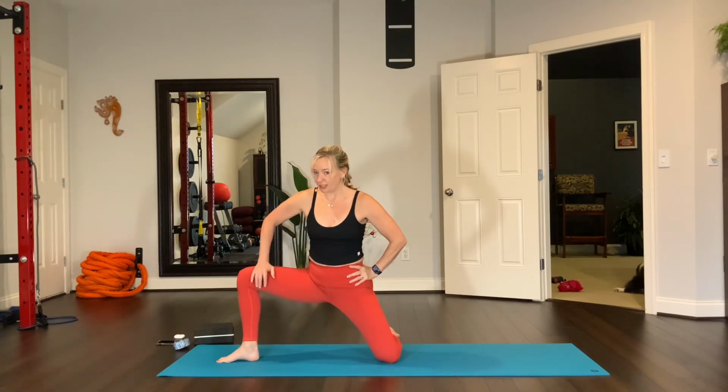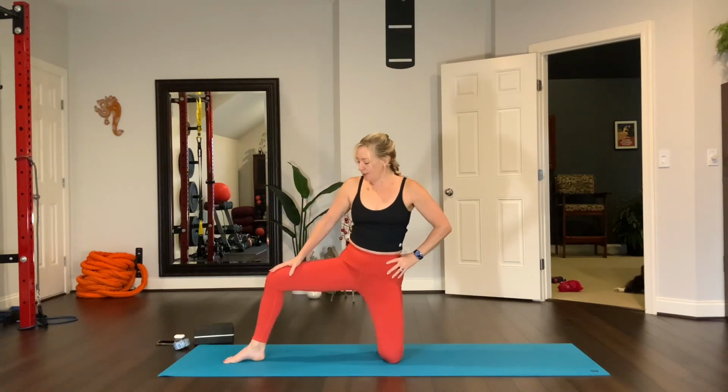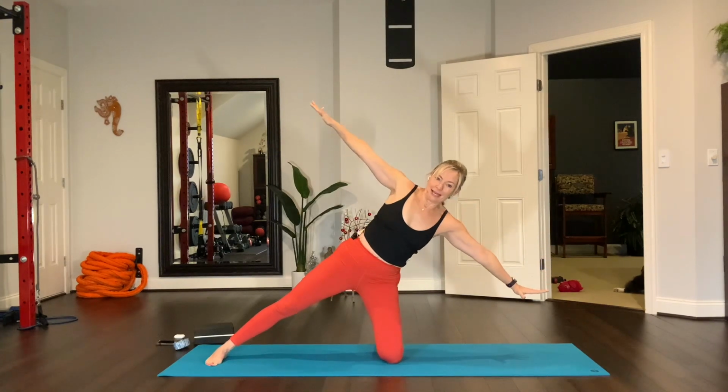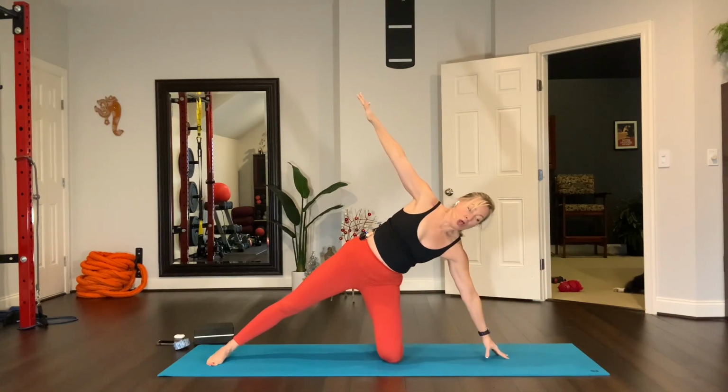Inner thigh, groin stretch. Inner ankle, right? Ankle stretch. Now lift up. And for gate pose, you'll reach your arms like this, and then turn your toes straight on this side, toes forward, foot flat, and you'll just pivot, and using your core strength, abs in, tip your hand down onto your